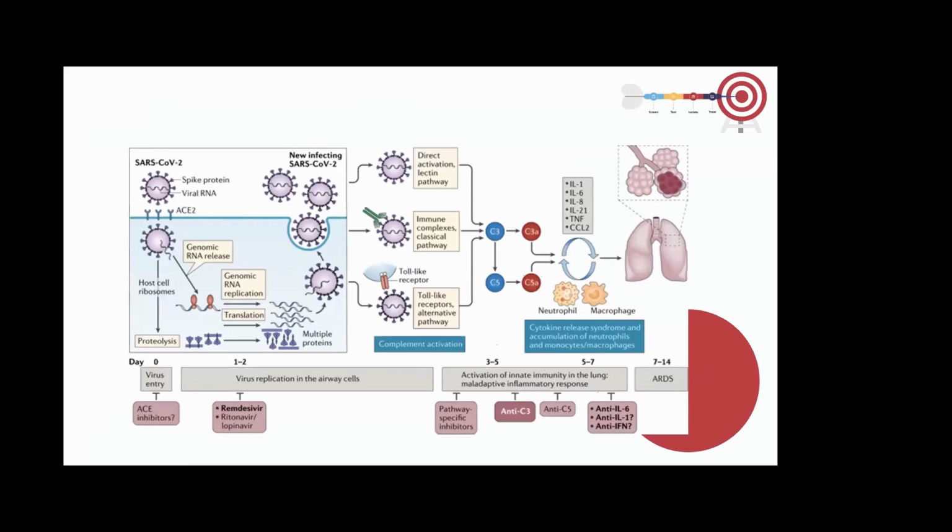So now let's look at the virus when it comes here. This is simply a cartoon of the virus with the RNA and the spike protein. Here is the ACE2 receptor on the nasopharynx, where the virus enters the cell into the host ribosome. So again, it does not go into the nucleus, it goes into the ribosome, and hence it gets translated into